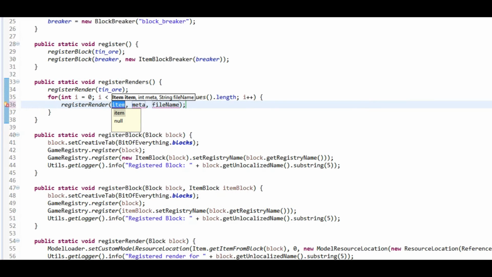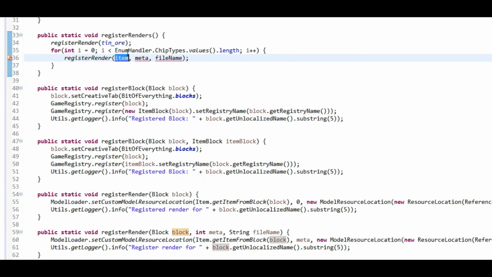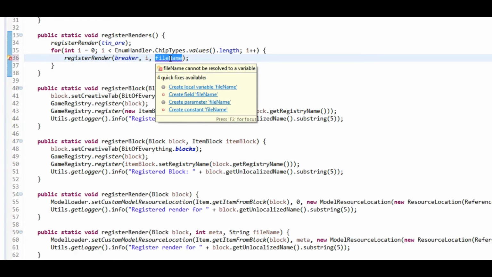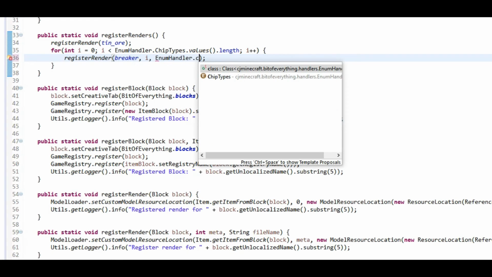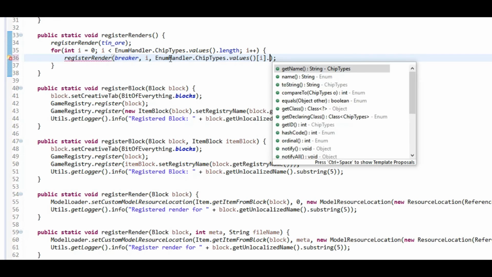Well, I'm just going to put that block item dot get item from block like so. Let's fix it up, and this is just block here, and here it is our breaker. The metadata is I, and the file name is enum handler dot chip types dot values I dot get the